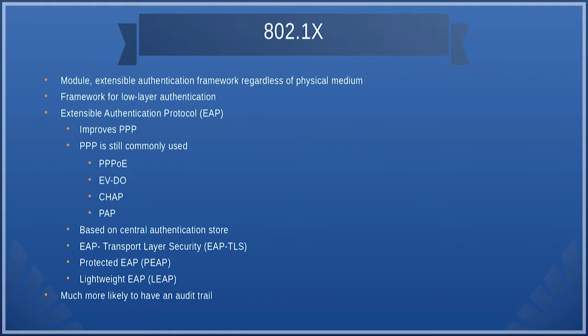So, what they actually did was they introduced 802.1x, where, if you know about networking theory, you will be aware of a protocol called PPP, point-to-point protocol. This is actually a framework of protocols which can be used for authentication, authorization, etc. Okay. So, with 802.1x, they brought in a modular and extensible authentication framework regardless of the physical medium in which you are working. So, even though point-to-point protocol initially was for serial